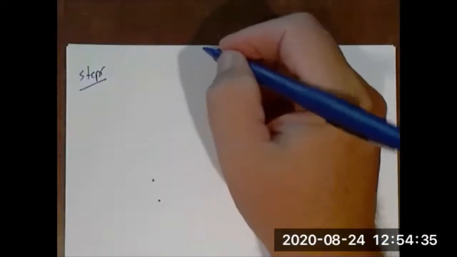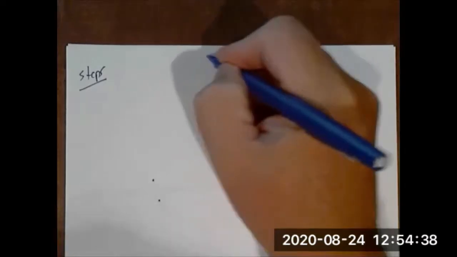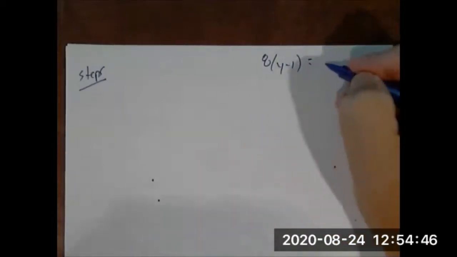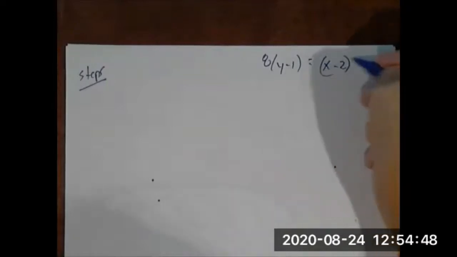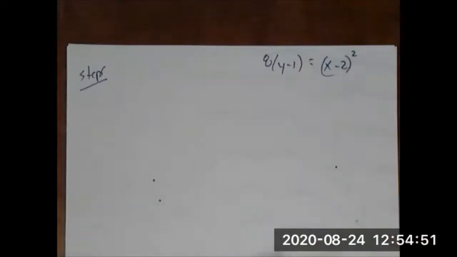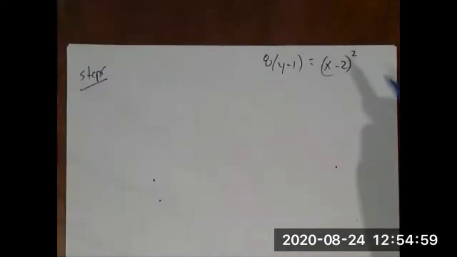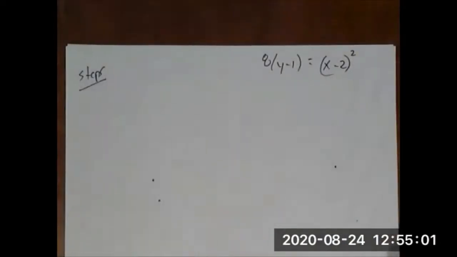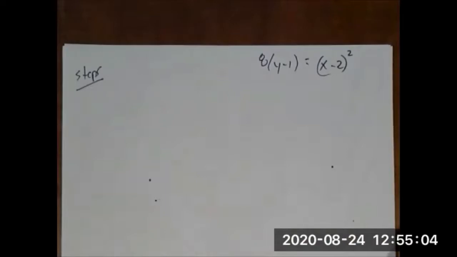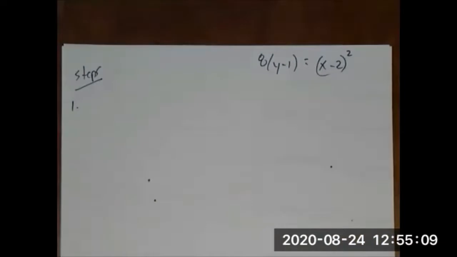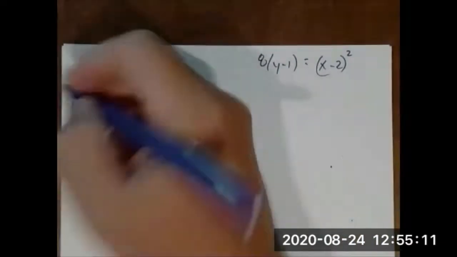So let me write the equation up here again that we're going to work with. So here's the equation we're given. And here are the things they're going to ask us to do. Find the vertex, find the focus, find the directrix, and then graph the parabola. And as I go through this, you'll begin to understand what all those things mean. So if you're given an equation of a parabola and asked to do all this stuff, the very first thing you do is